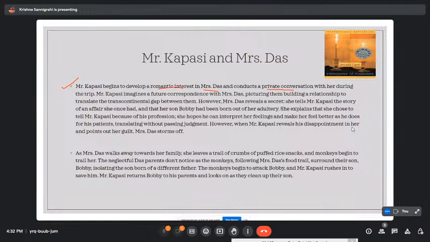What is the transcontinental gap? This is the gap between two continents: the continent from which Mrs. Das has come and the continent where he is living. She explains that she chose to tell Mr. Kapasi because of his profession. She hopes he can interpret her feelings and make her feel better, as he does for his patients, translating without passing judgment. However,